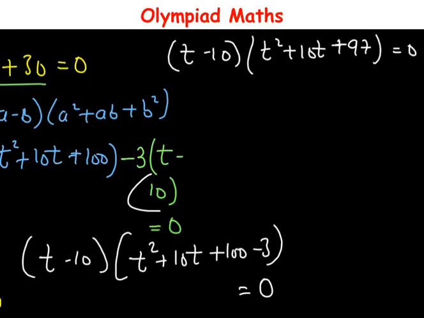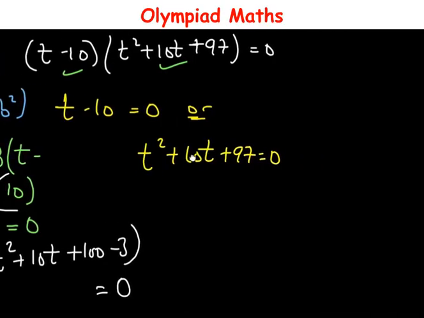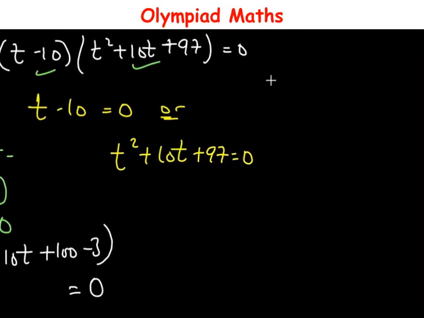At this junction, we can equate this to 0 or equate this to 0. So we have t minus 10 equals 0, or we have t squared plus 10t plus 97 equals 0. So for this first linear equation, the value of t is equal to plus 10. And for this equation, let us check whether there will be any resolution from this quadratic equation by making